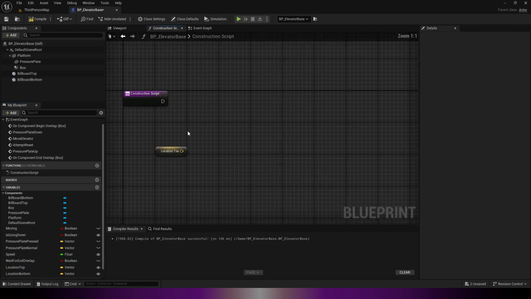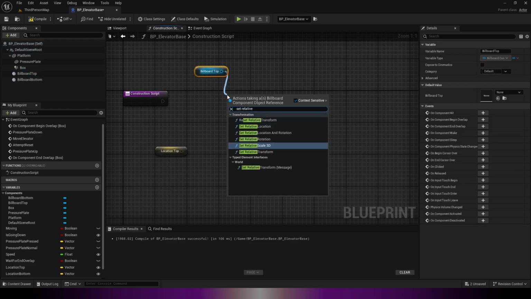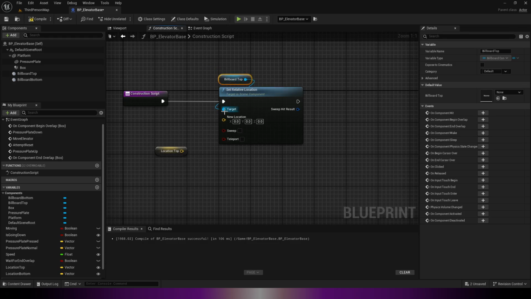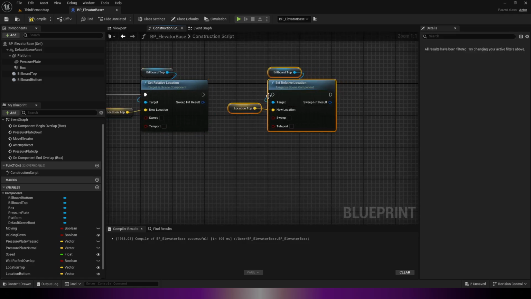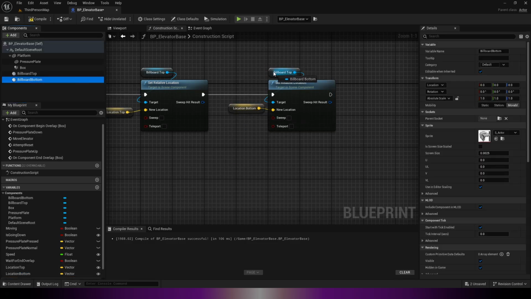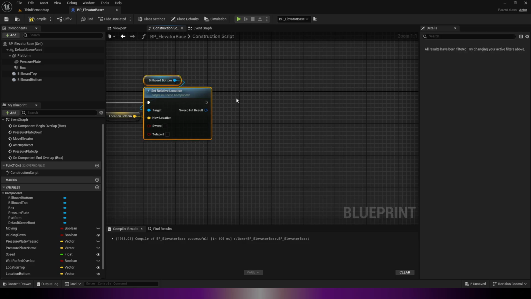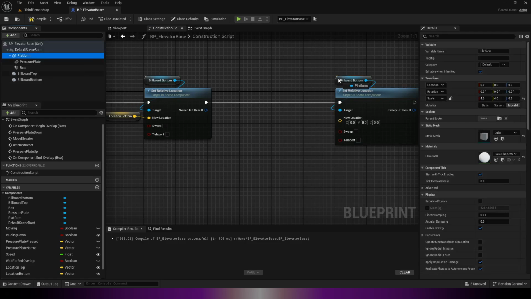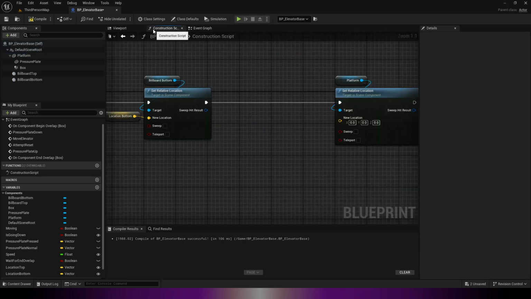Then we get location top and we say billboard top sets relative location to location top, and we do the same thing but with location bottom and billboard bottom, and then we are going to set the relative location of the platform to this little calculation,